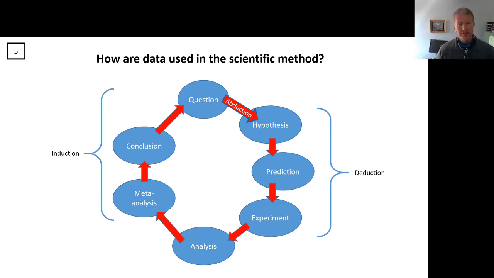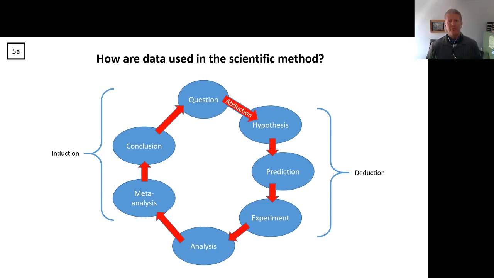So there are a couple of extra steps here that don't typically get introduced in the scientific method when you're just trying to describe the basics of scientific logic to a third or a fourth grader, but they're extremely important if you're actually practicing science. I've added a couple of very important ovals to this, that prediction oval and that meta-analysis oval.